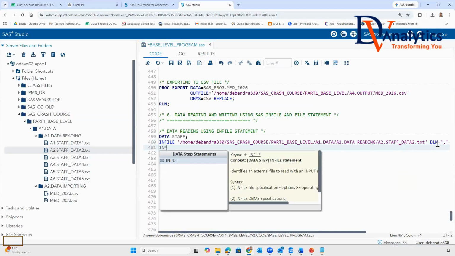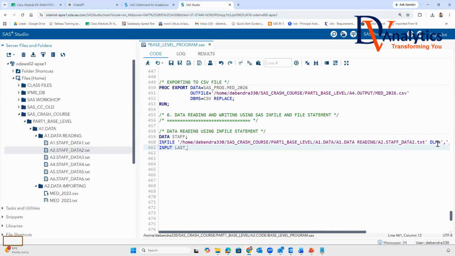Then you're using your input statement: last_name as a dollar, first_name as a dollar, employee_code as a dollar, job_title as a dollar, date_of_joining, and salary, which is given as numeric.